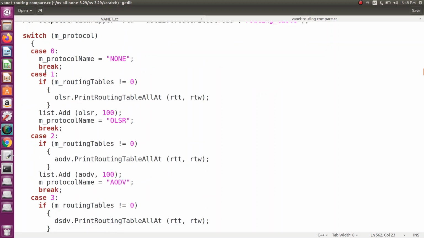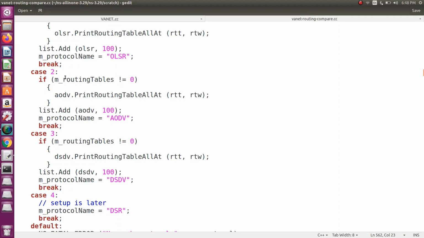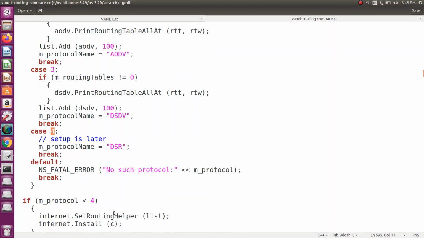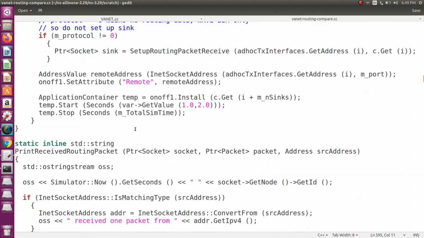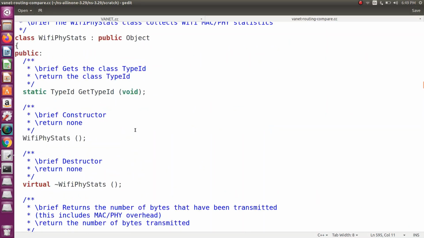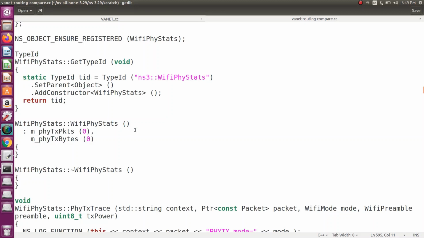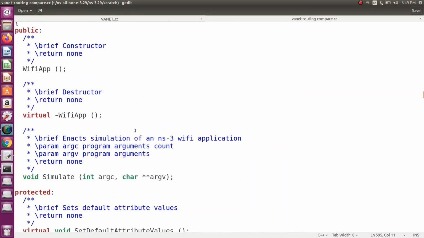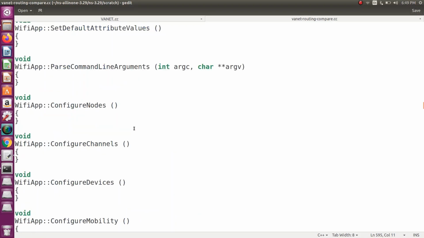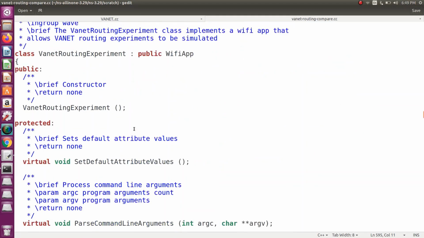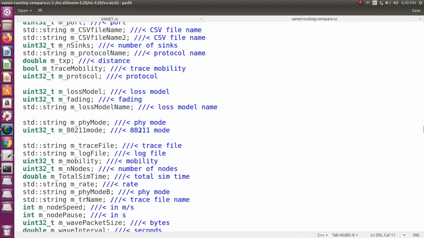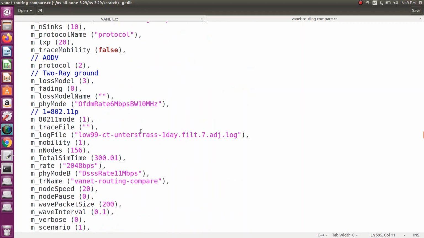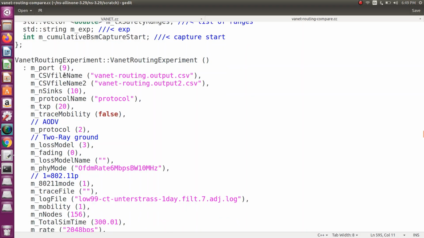Case 1 we are using OLSR, case 2 we are using AODV, case 3 we are using DSDV, then case 4 we are using DSR. So this is the basic thing.